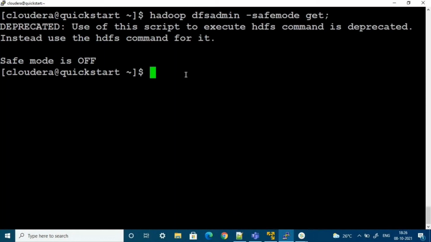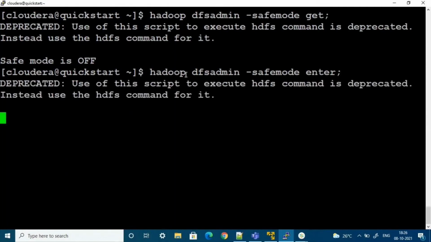Okay, so now for example you can assume the Hadoop admin team wants to do some maintenance work. Okay, at that time they can even move the server forcefully into safe mode. Okay, so enter means it will move to safe mode. See, safe mode is on.